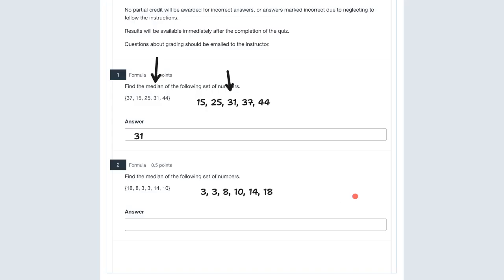Now in this case here, there are 6 numbers, and 6 divided by 2 is 3. So that means the middle is right here, where we have 3 on the left and 3 on the right. And in this case, the median is going to be the middle of those 2 numbers. Now, most of us can spot what's halfway between an 8 and a 10. If it's not as obvious, you can simply do 8 plus 10